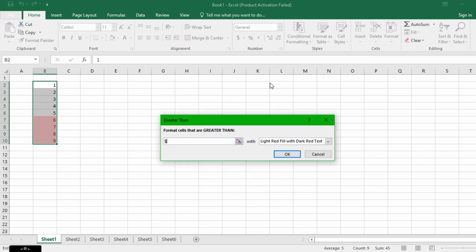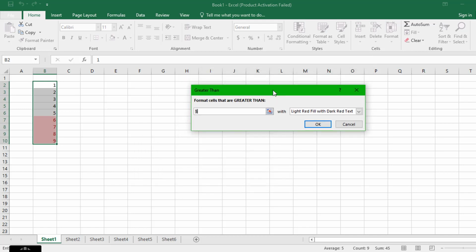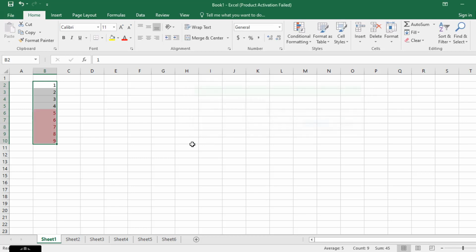Here we are asking Excel to highlight the cells which are having values greater than 5. If you want, you can change it to 4. Now press OK. Now you can see that Excel has highlighted the cells which are having values greater than 4.